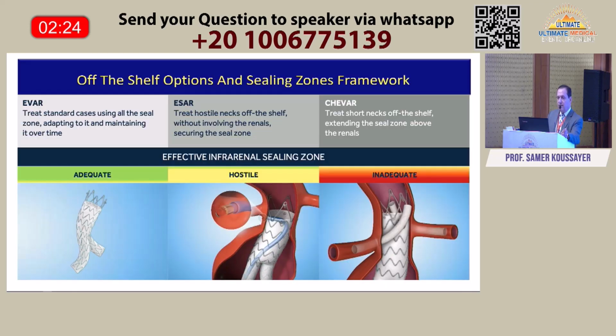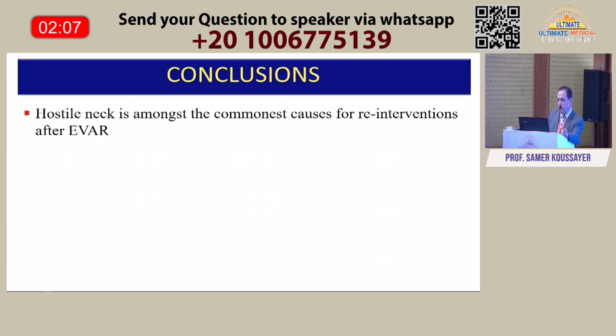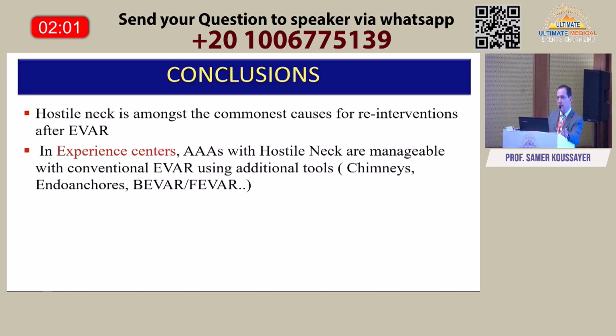So in summary, if you have an adequate neck, then EVAR will work perfectly. If you have a hostile neck, which means short neck but long sealing zone, then you can do an EVAR with Endo Anchors. If you have a short neck with a short sealing zone, then you need to get more length by doing Chimney or PAVSS. So conclusion, hostile neck is amongst the commonest causes for reintervention after EVAR, but in experienced centers,